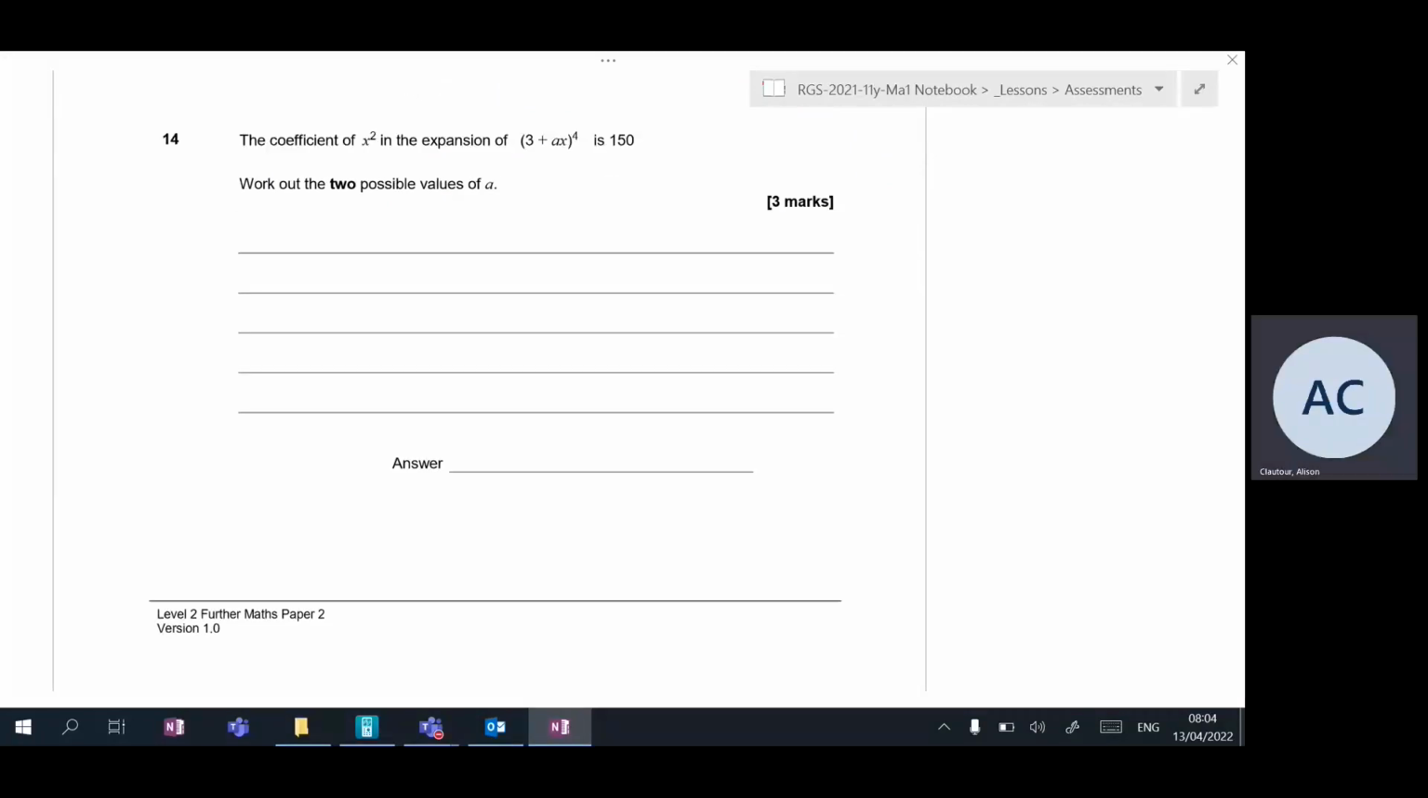Okay, question 14. So we've got the coefficient of x squared in this expansion is 150. So we want 2 possible values of a. Okay, so if we are thinking about the power of 4,